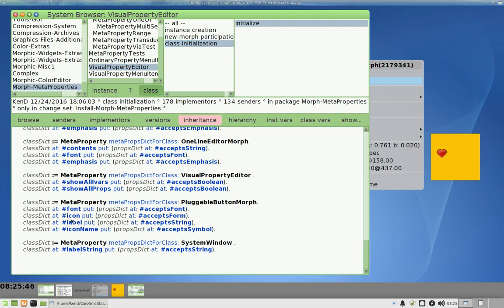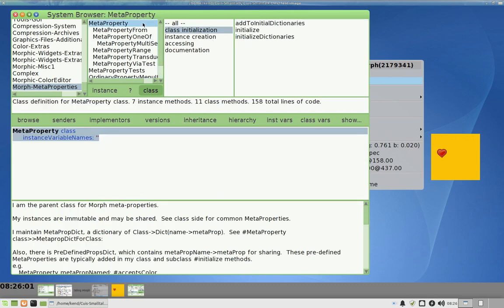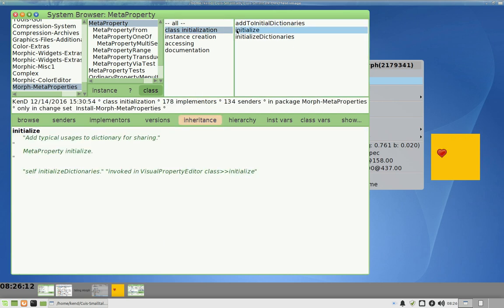So that's a property dictionary that just sets up these meta properties. And now we want to see how the meta properties are used and put in a menu. If I come up a little further here, we have a meta property and various different specializations: one of, multi-select, range and so forth. So if we look at initialize here,